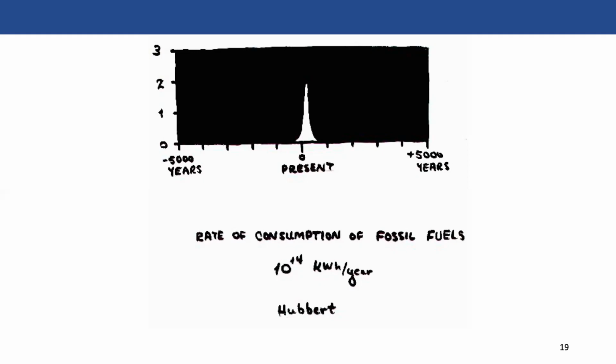And so despite all of that, when we're thinking to the tens digit, we're essentially using about 10 to the 14th kilowatt hours per year. And so when we think about the rate of consumption, we can only consume that as long as there is stuff available. And so how much is available? Well, there's a lot of debate about that, and we'll see some of that debate in just a moment.